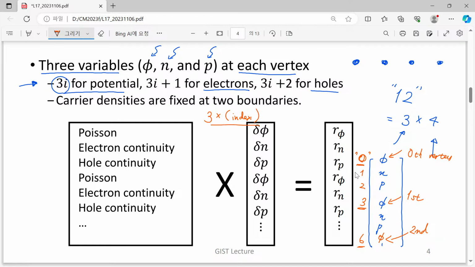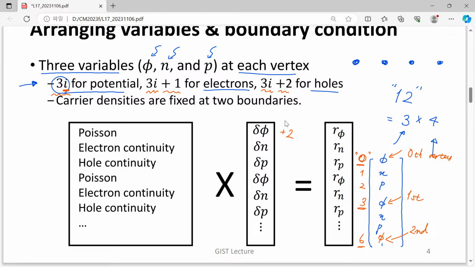And how about your electron density? It is quite easy, because the electron density always comes next to the electrostatic potential. We can just add one more. And in the case of the hole, we can just add another one, so plus 2. So here I show the vertex index, 3 times index, 3 times index plus 1, and 3 times index plus 2. These are the suitable indices for our unknown variables. Okay,